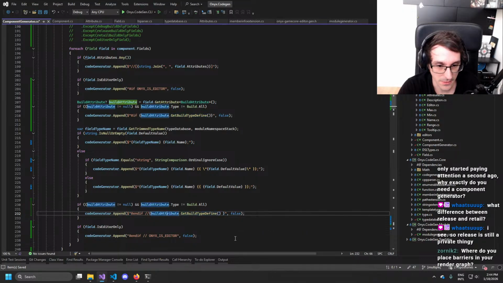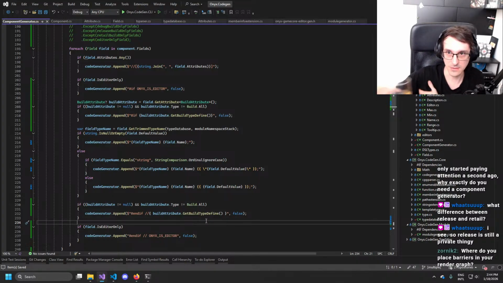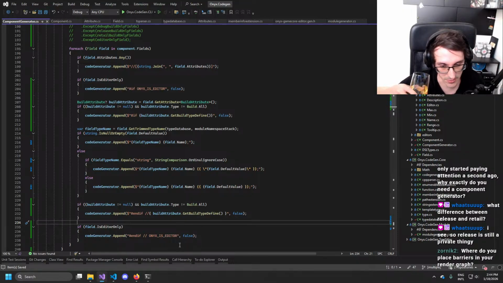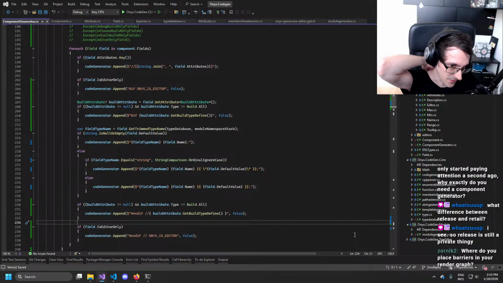I placed, when I call the render graph nodes at the pre-render, so I have begin frame, end frame. Those are called for all nodes, of course, at the begin and end of the frame, and then each node gets a render call in order of the graph. And that render call has a pre and post render, and the pre-render basically sets the barriers.